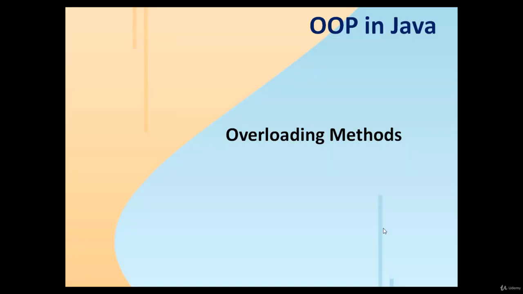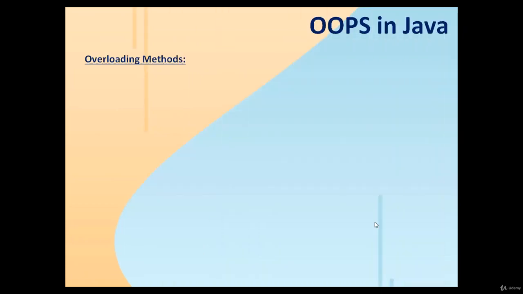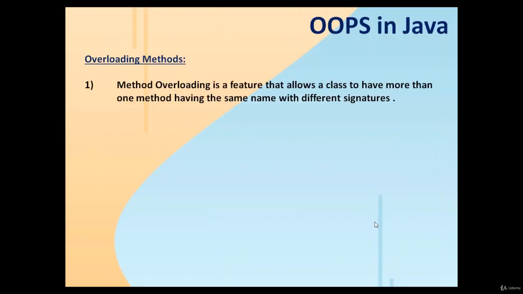This lesson is about overloading methods. So what is basically overloading methods? Method overloading is a feature that allows a class to have more than one method having the same name